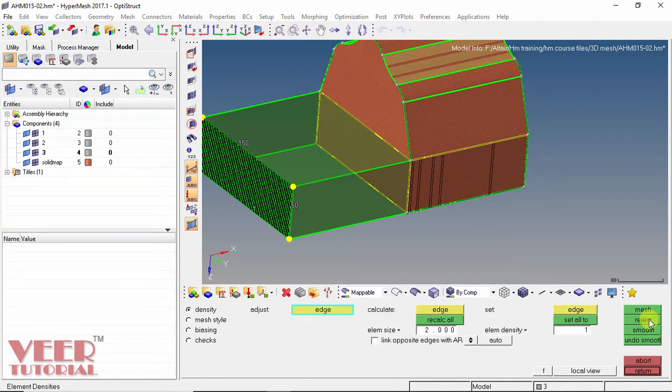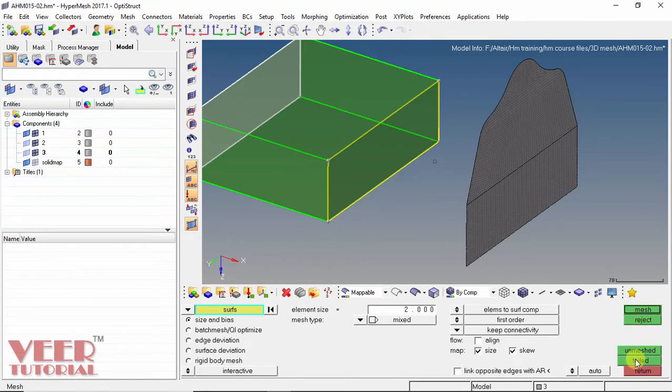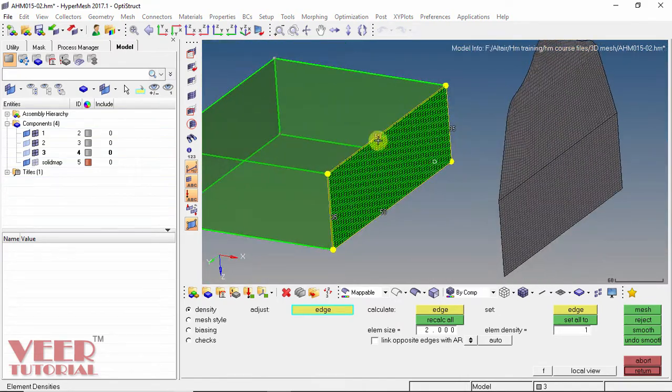Also we can select the second surface, just reject this, click on return and then uncheck this surface 2 and surface 3 and then uncheck this mapping and uncheck this solid map to hide the elements. Click on this reset and select this surface, click on mesh. So we know the number of elements onto this. We know that there are 50 elements, 50 on this side, 35 here and 35.